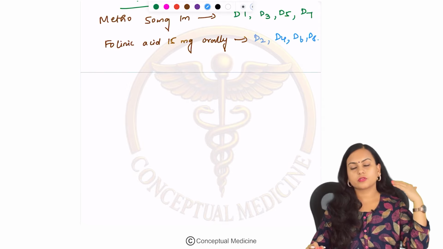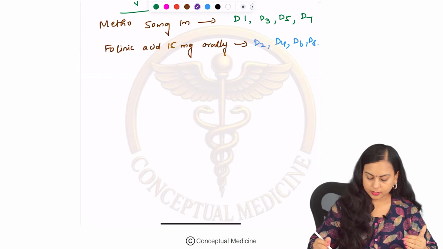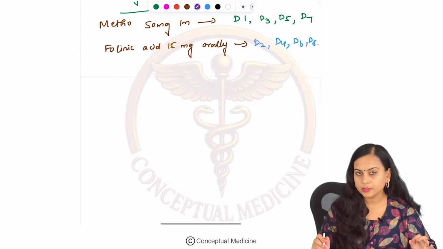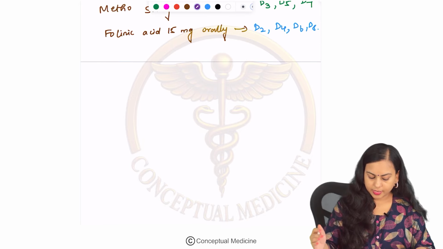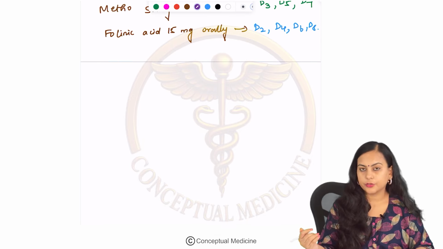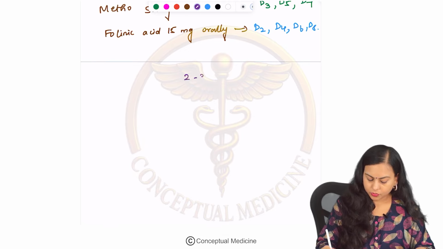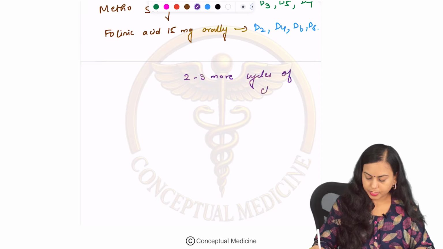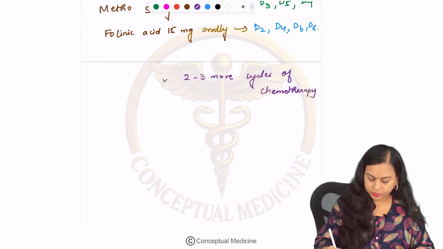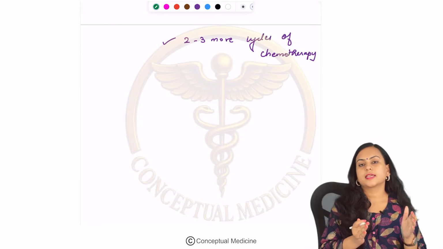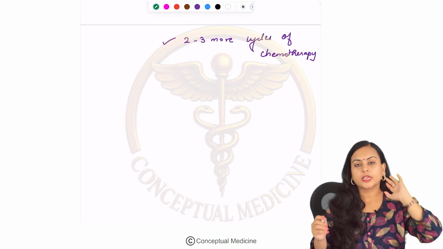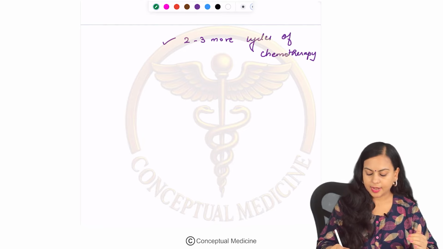Clear? So this is how it will be going, and the same dose will be repeated every 2 weeks. Now after HCG has resolved to normal, you will give 2 to 3 more cycles of chemotherapy. Even if it becomes normal, you will give 2 to 3 more cycles of chemotherapy. Alternatively, instead of giving methotrexate and adding folinic acid rescue, if you want to give a single alternative drug,